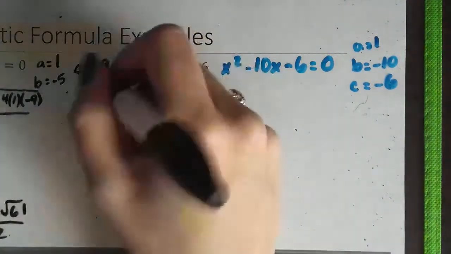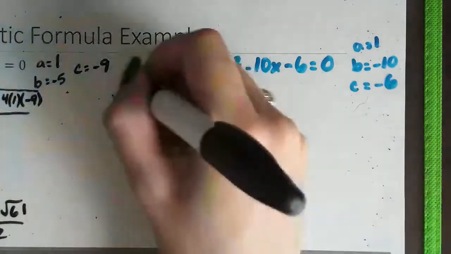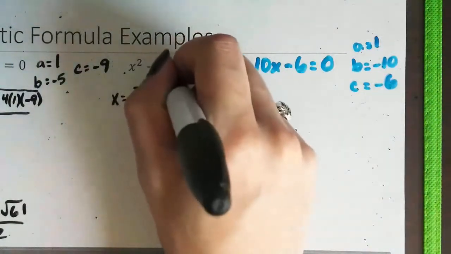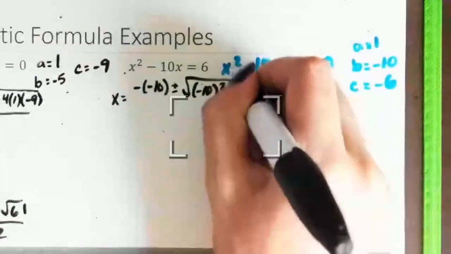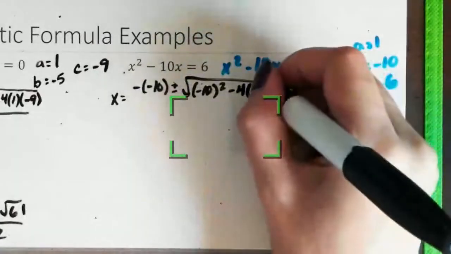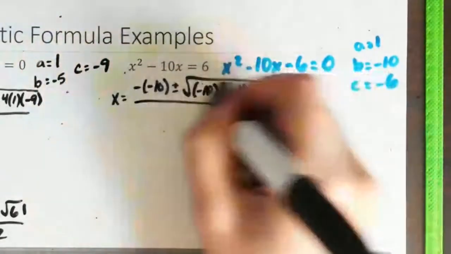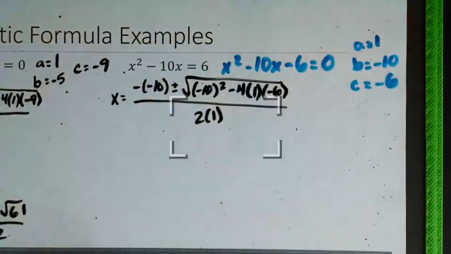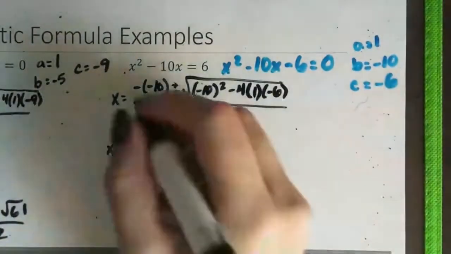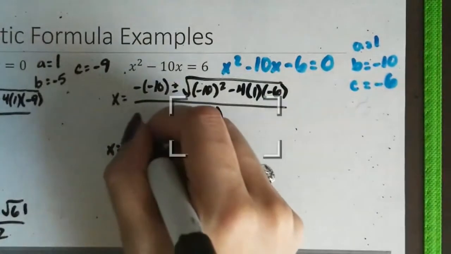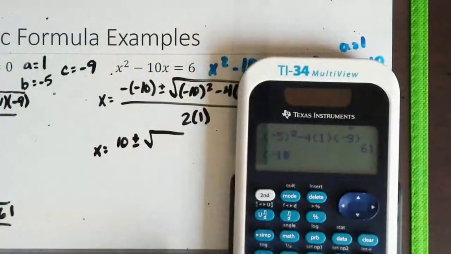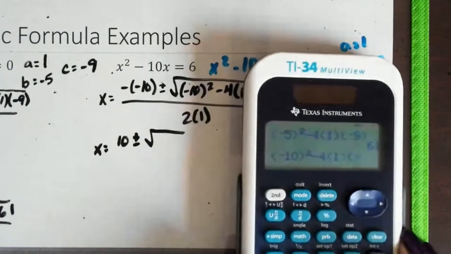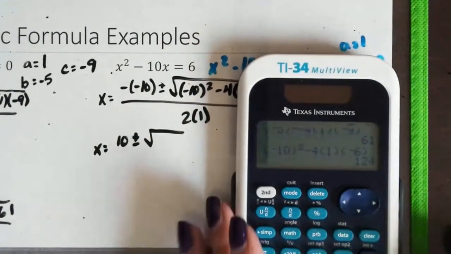So go ahead and use our quadratic formula. We'll have x is equal to -10 plus or minus the square root of -10 squared minus 4 times our a value of 1 times our c value of -6, all over 2 times 1. I'm going to work on simplifying it. So a -10 turns positive, plus or minus the square root of, this time we have a -10 squared minus 4 times 1 times -6, which gives us 124,